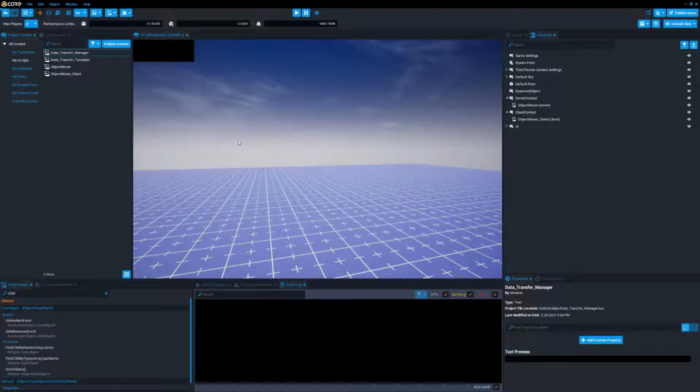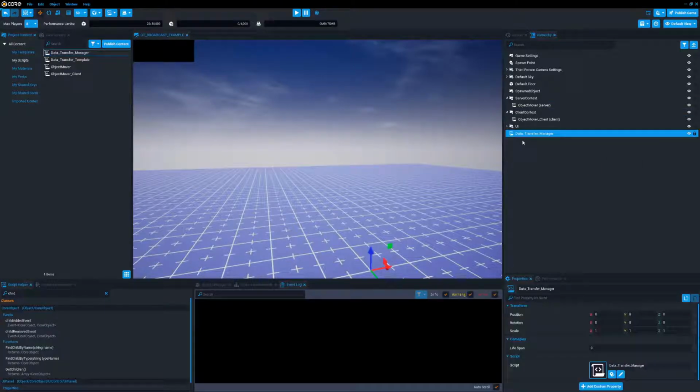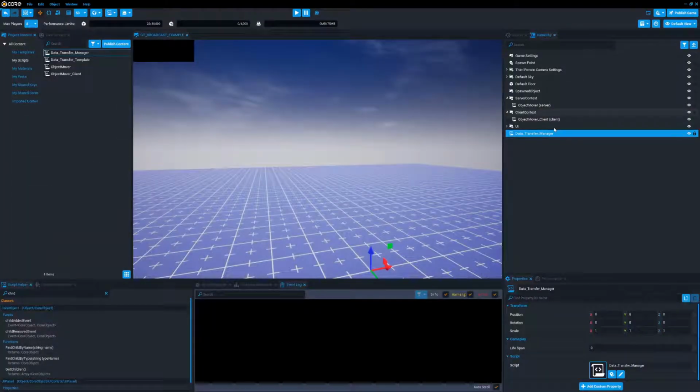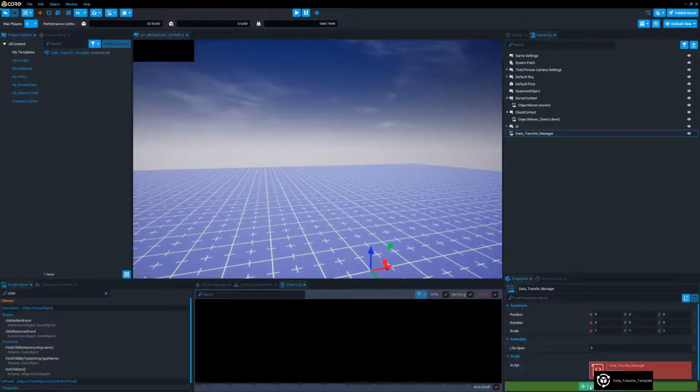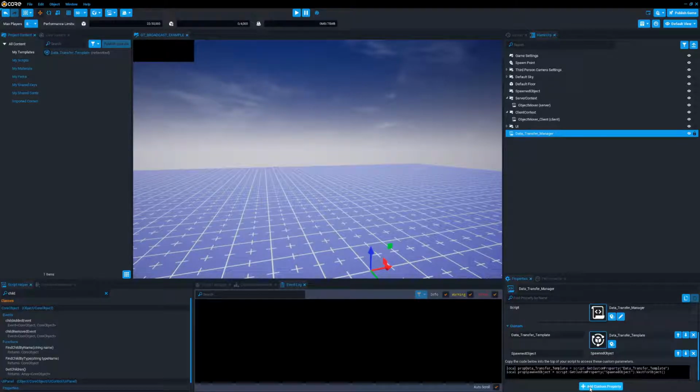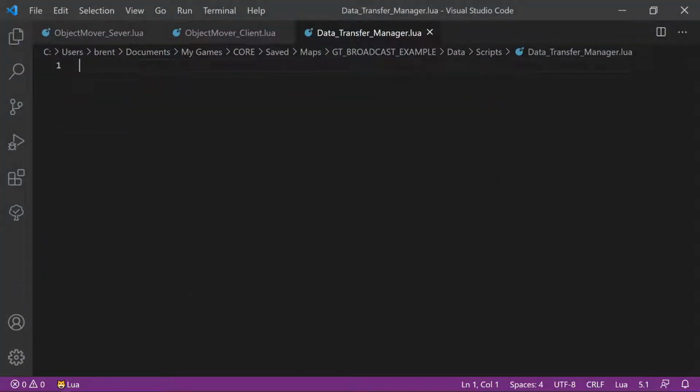Call it data transfer manager. And we're going to just put it in our project here as a normal context script. And what we're going to do is first we need to add this data transfer template that we made as a property, and we need to reference the spawned object group that we made. And so now that we have both of these, we can do